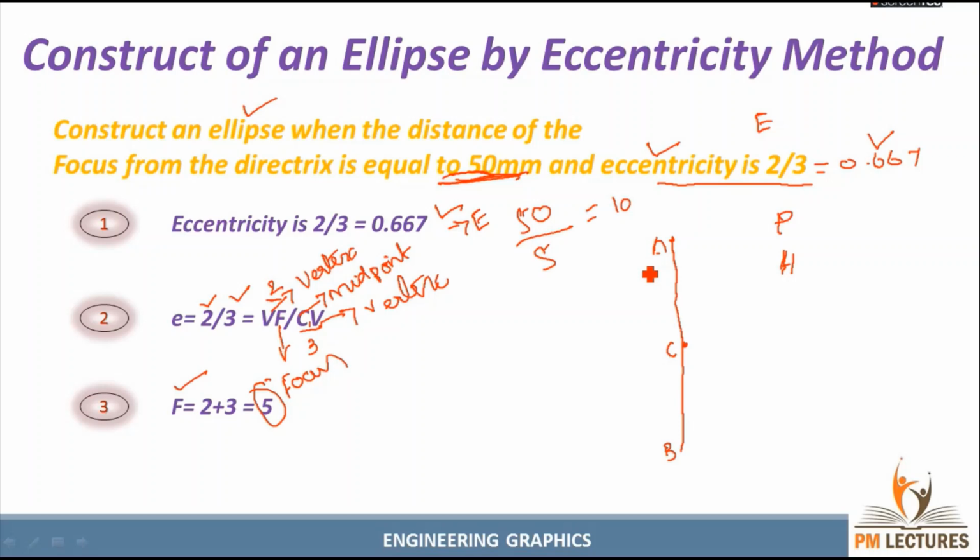So after doing all these things, the first step is you need to draw a vertical line like this and give it the names A and B. That's the first step. And this is called the directrix. After that, mark a midpoint on this line, C, and draw a horizontal line like this. This line is called the axis. For this line also there is no magnitude; you can draw it as per your wish.